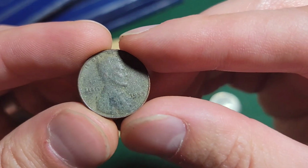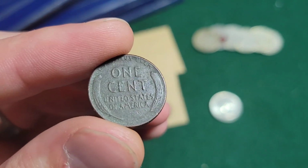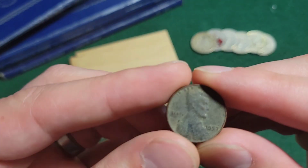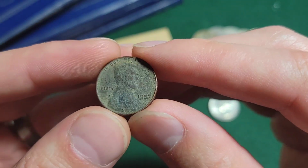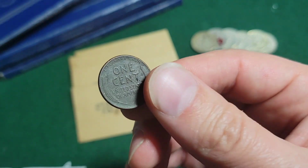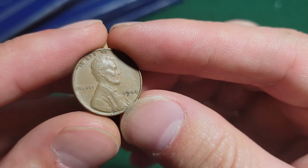1957 Philadelphia wheat reverse, and the 1957 had 282,540,000 minted, and you're looking at about 1 cent to $1,650 for a good specimen. But so that came out of the treasure chest box, and the other penny was this